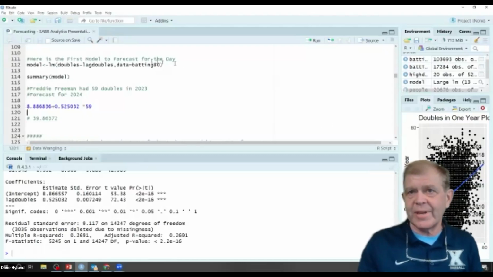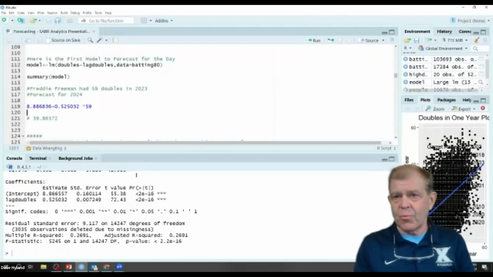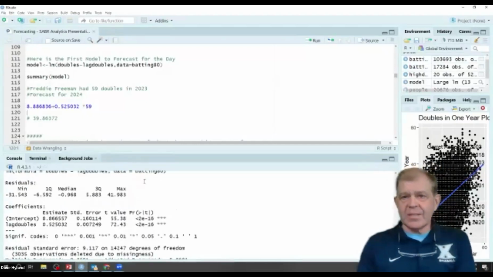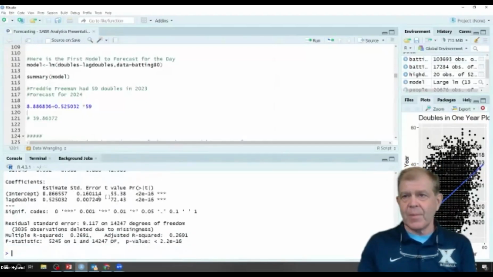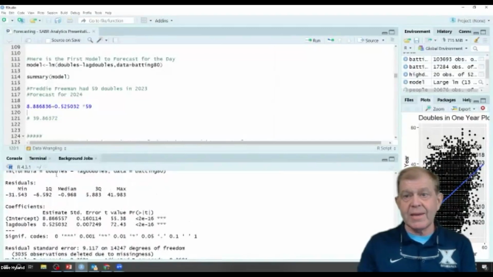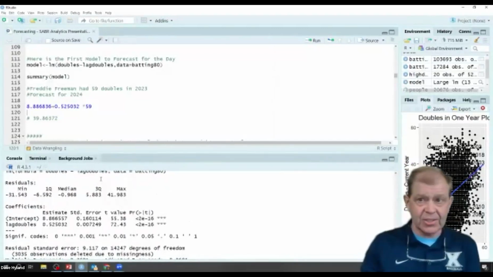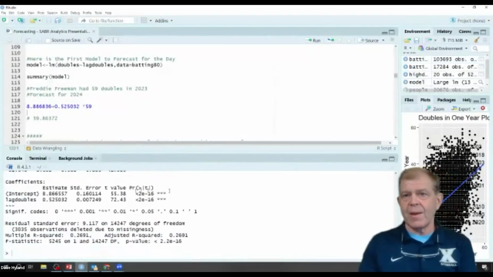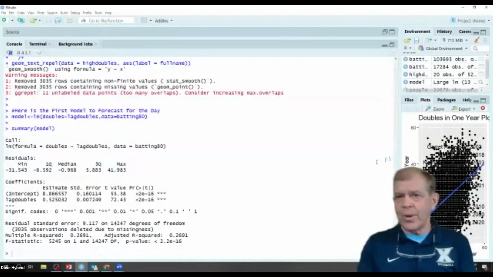So here's the graph we did. Here is our regression. So this is basically what we're trying to get to. Here are the results, and we're trying to explain doubles based on last year's doubles with our data frame. So let's look at the key output here.